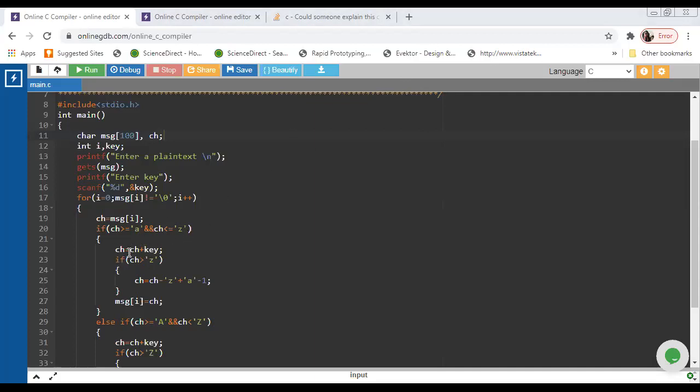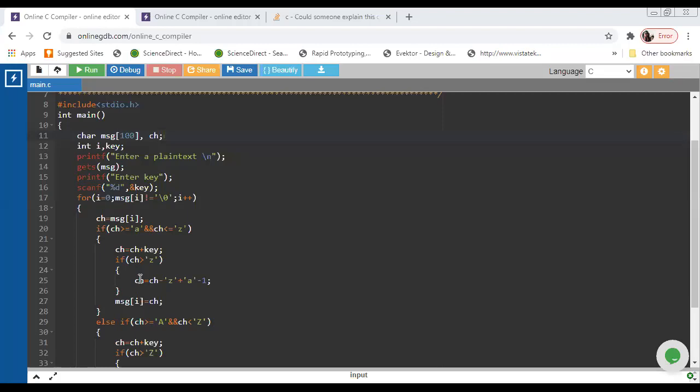If it is a small lowercase alphabet, it will take character plus key, that is, if the key is equal to 3. And if the character is greater than z, if the value goes beyond the 26 characters, it has to be compressed to come between the a to z ASCII values.